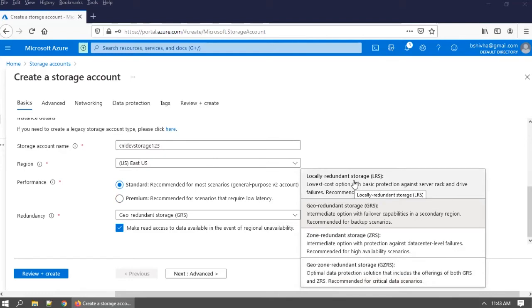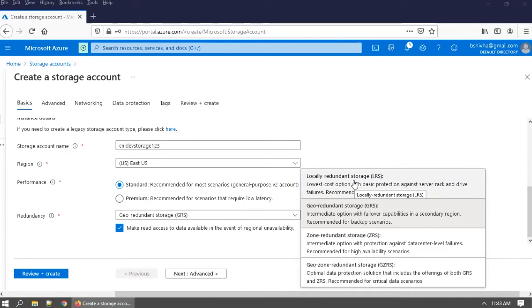Basically, you need to understand locally redundant storage. If your purpose is server to server or within a location, data read or write, then better go with locally redundant storage.